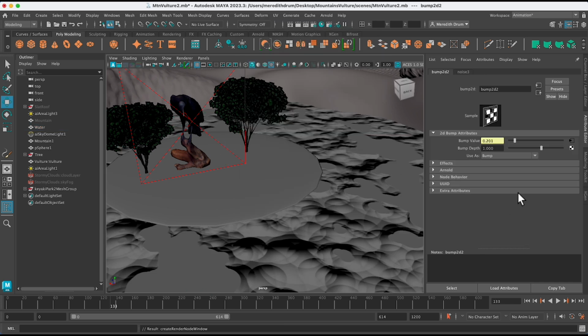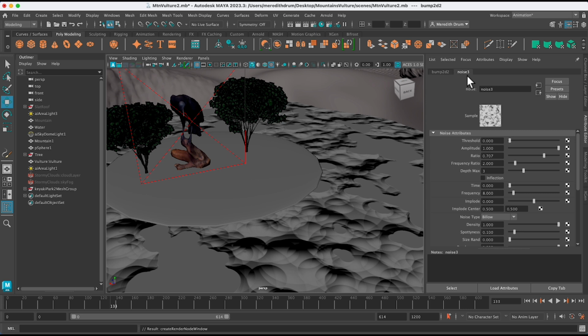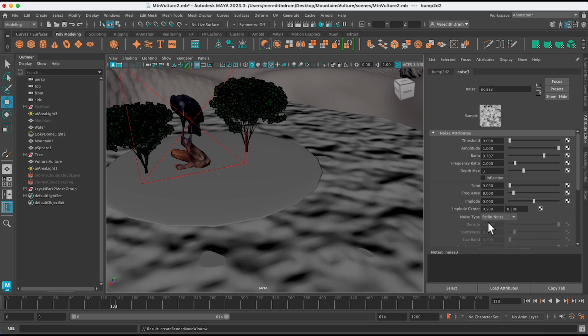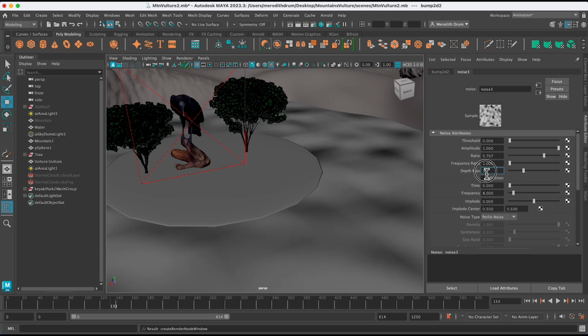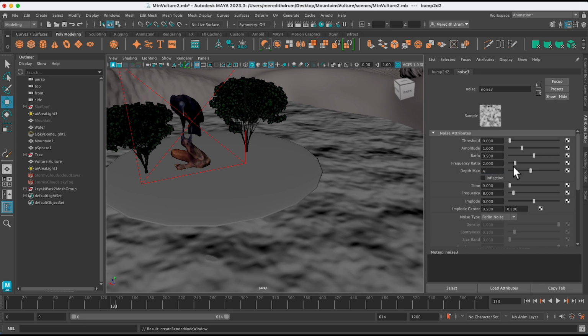Okay. And then let's go into this noise texture right here. This is the bump map, but we'll leave that there. You can see where it's really kind of crazy because the default setting is billowy, and its ratio is kind of low. I guess that's what happens here, okay? So let's change that to Perlin noise, and already it's looking a little bit more like water. Let's see what happens if we bring that down to 1 frequency ratio. I don't know, 4. That's okay for now, but let's play around with the time.